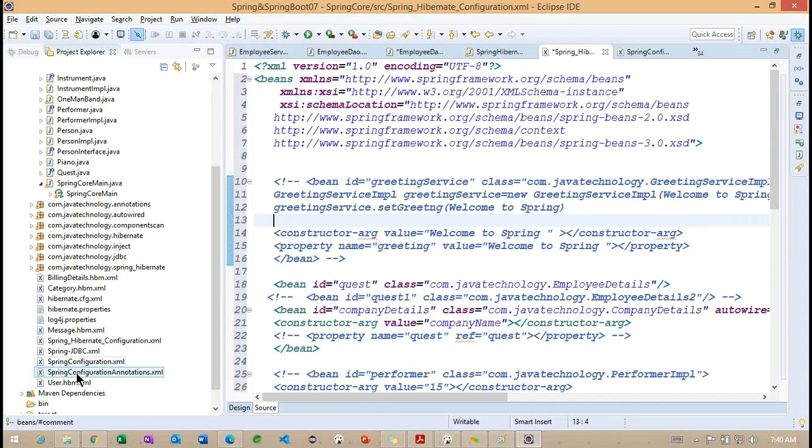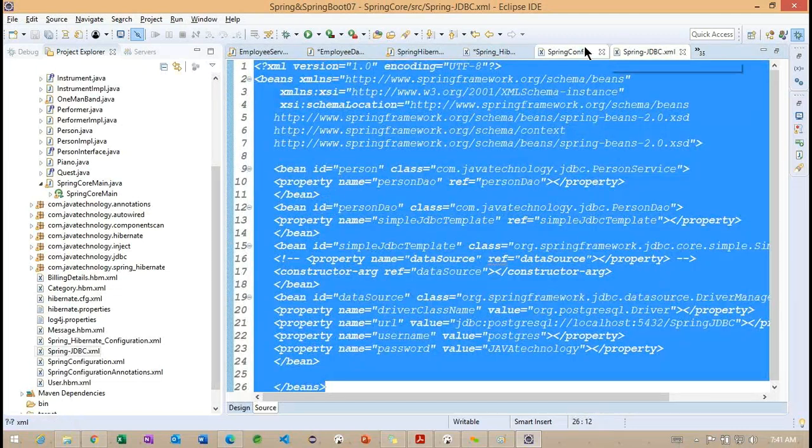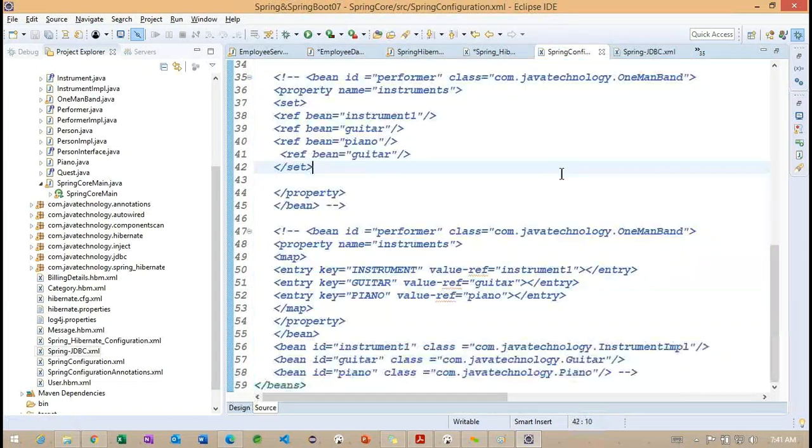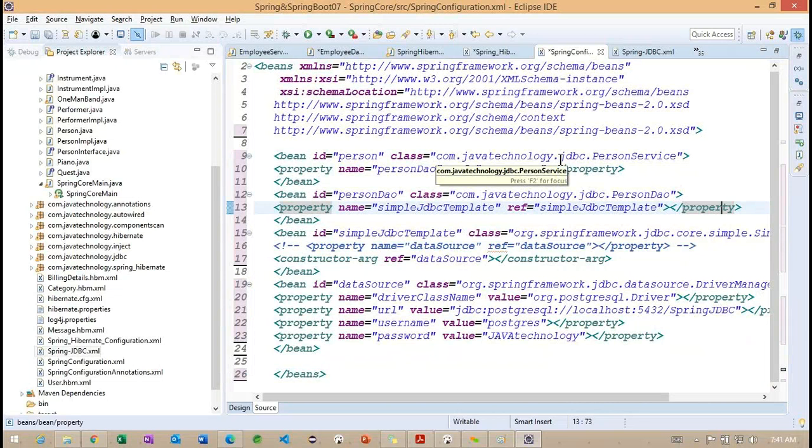Not only this, we'll go for one more file, spring-jdbc. This I want to copy actually. I want to copy the spring-jdbc. Okay.